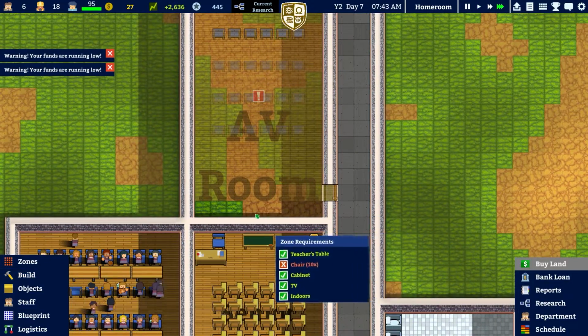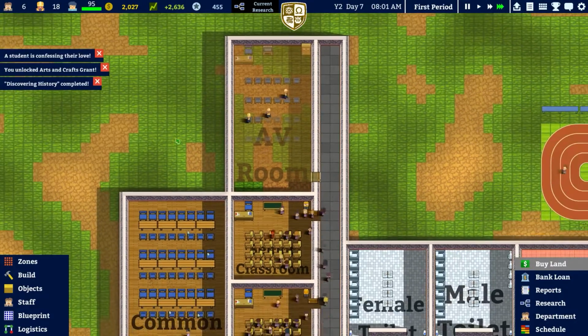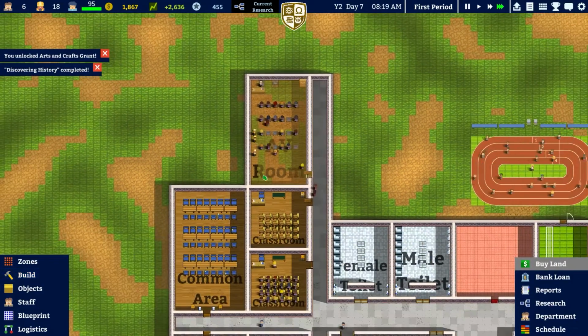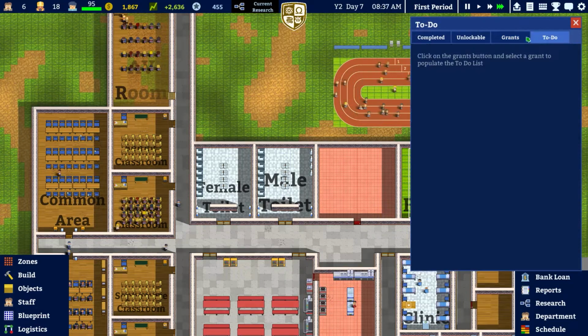We've got one little strip here where we can't afford to put the wood in there, but as soon as these chairs are in, then we'll get that little bit of money, which is excellent. There we go, and then we can finish off putting that at the back there. Excellent. So let's go over to our to-do list then, and we can see we now have nothing to do,